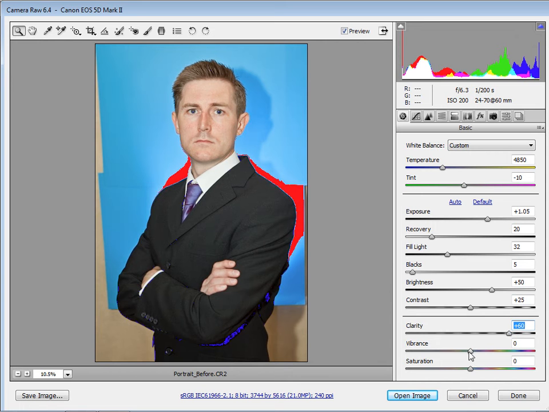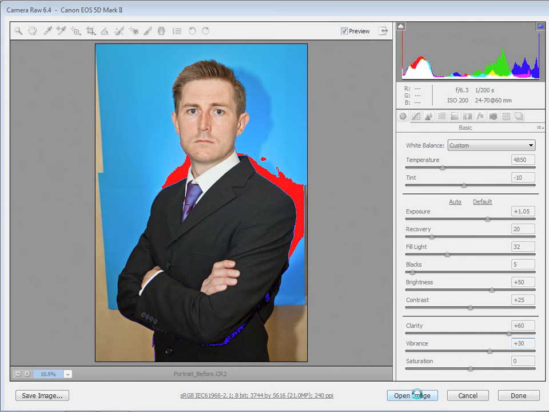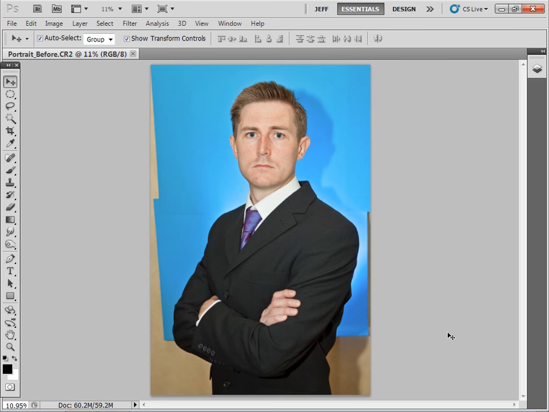And then finally, just to boost the skin tones and the colour a little bit, I'm going to increase the vibrance from 0 to +30. Now, not too many adjustments within ACR. So now that we've finished with our ACR adjustments, you can just click Open Image to open that within Photoshop CS5. Now that we're in Photoshop CS5, first thing we want to do is start to extract the background, and